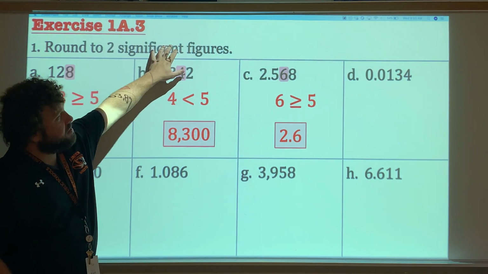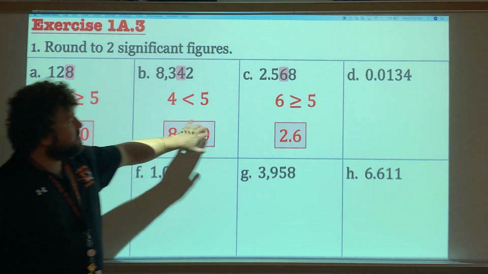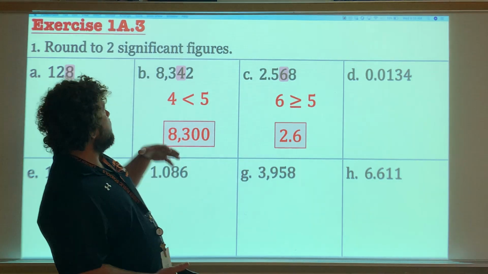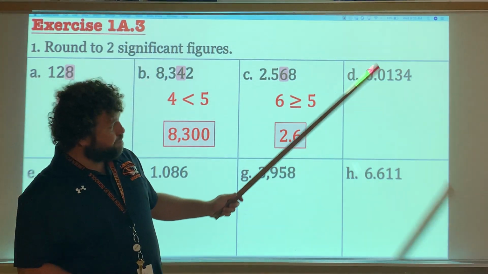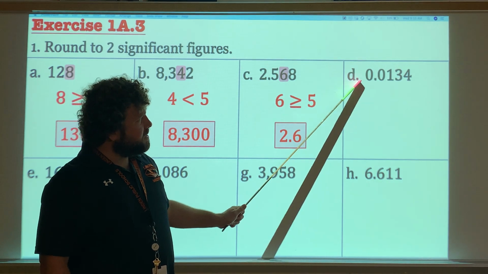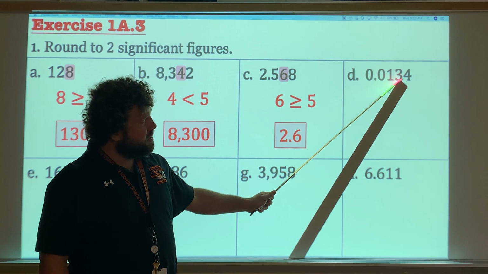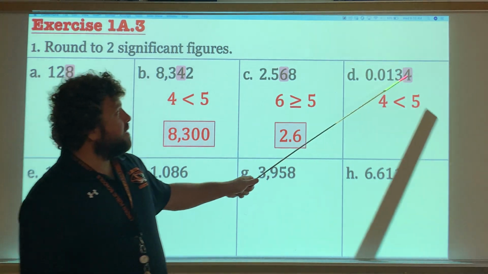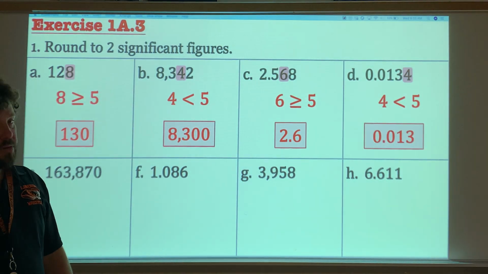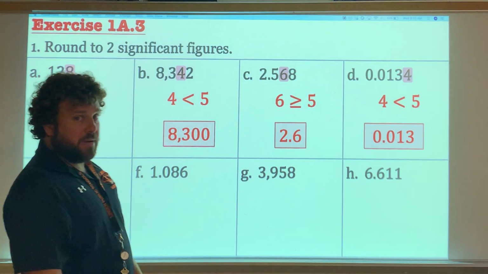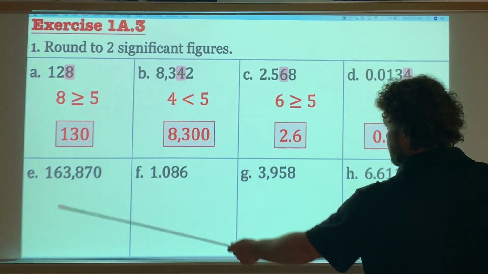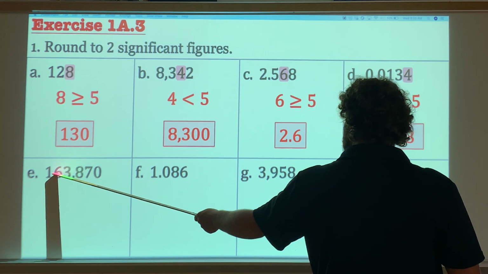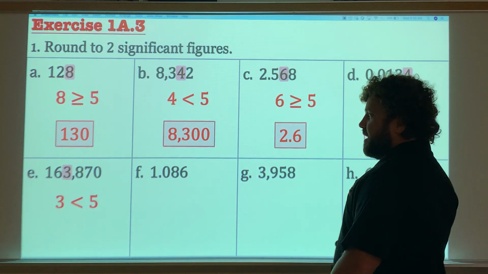Notice in each case, we're rounding to 2 significant figures, but the answers are vastly different because we don't really care about the places. We care about the significant figures. In this one, first significant figure is 1, so we're rounding to the 100th place, so we're going to use the 4. 4 is less than 5. 3 stays the same, so your answer is 13 thousandths. All right. Boom. 1, 2, so we're going to go to the 10 thousandths. 3 is less than 5, so